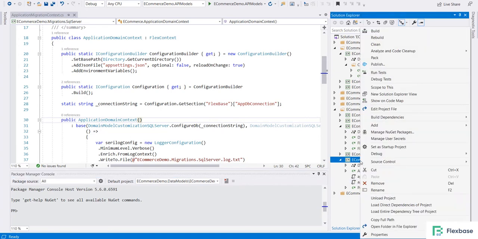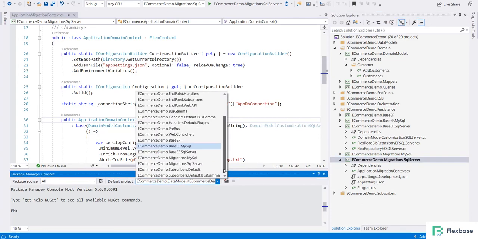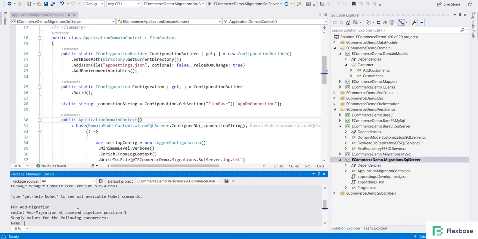Let's set this as a startup project for creating our migration. Also we set it here as the default project. So what I will do now is add, let's call the add migration command.